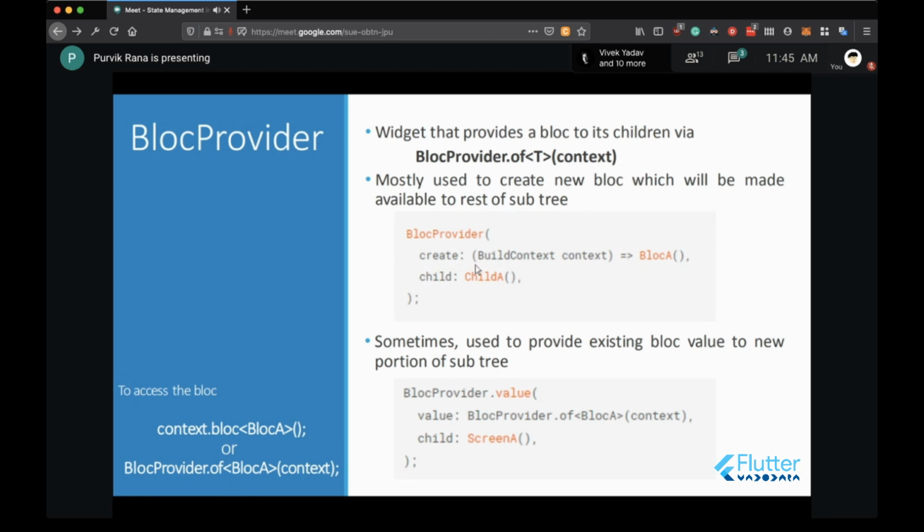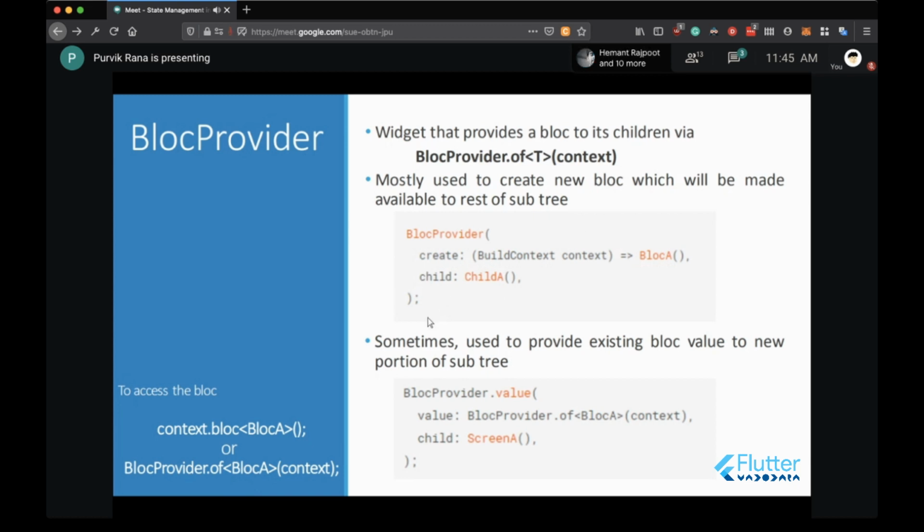And if the block is passed using this syntax, you do not have to worry about the dispose thing, it will already be taken care of by the block provider because it is creating, so it will take care of disposing this particular block when the user moves back from this particular screen.